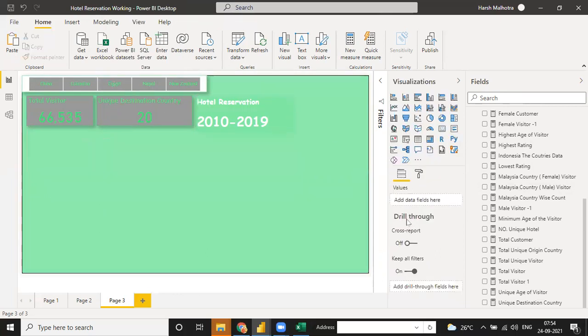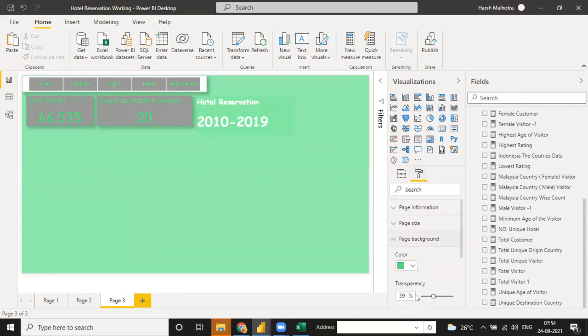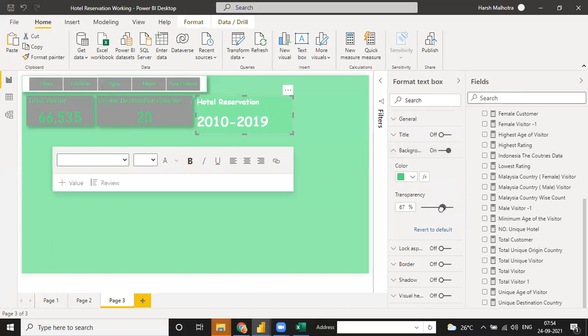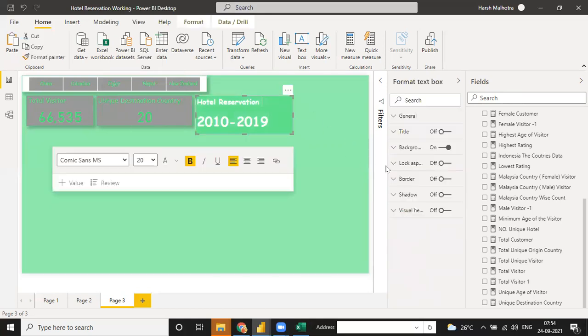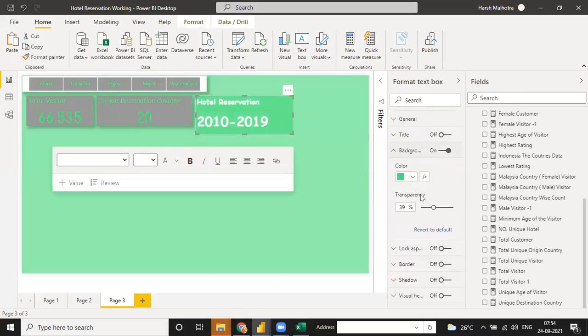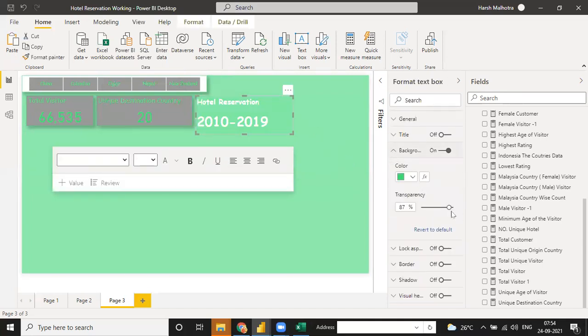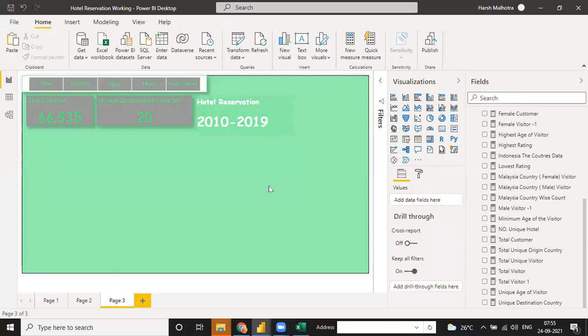Go first to this, and background transparency, so you can move it down to 83, so you can use 39. Change the color. Yeah, now it's okay. Something is more different. Now it's okay.